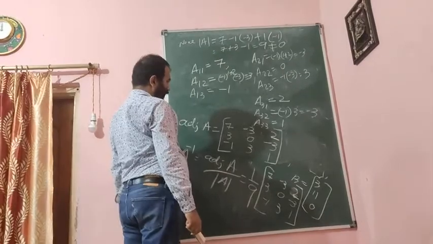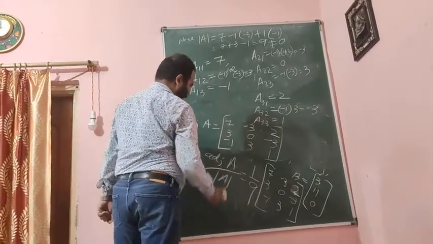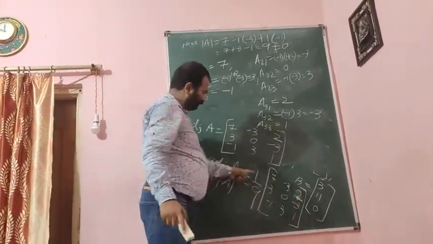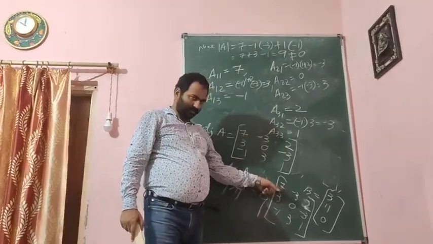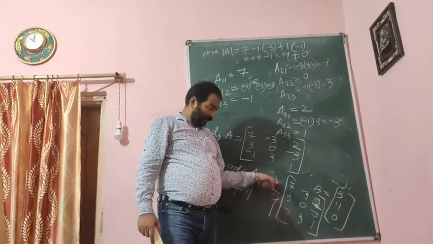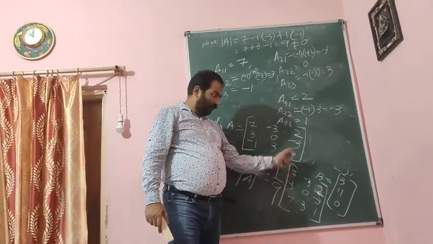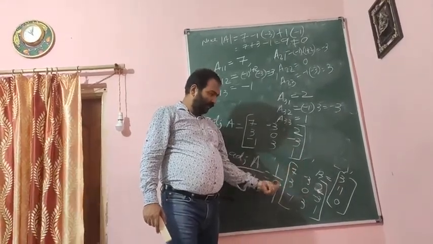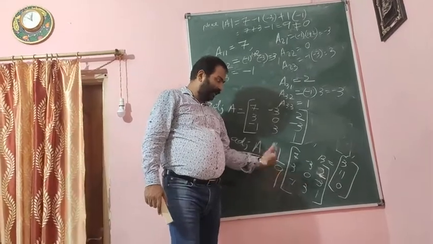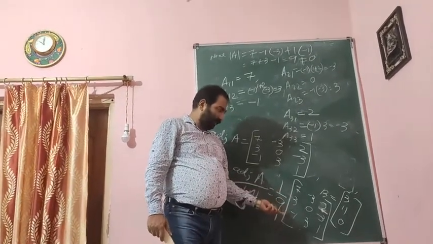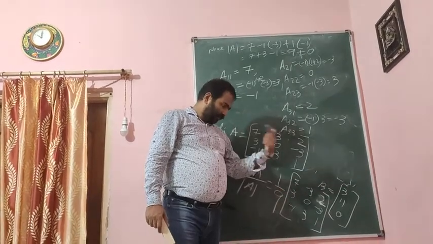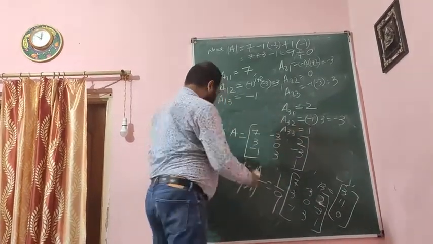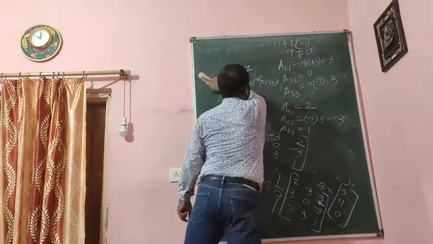Now you have to find the solution. We will not multiply 1 by 9 here, because if you multiply it will be fractions. It is the technique. Don't multiply now. But after multiplying with B, if you multiply 1 by 9, meaning if you divide by 9, then you may get integers. It will be easy to calculate. Initially if you multiply, you will get fractions which will create problems for you.